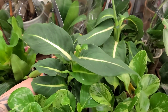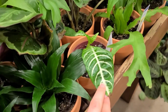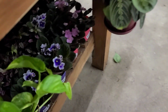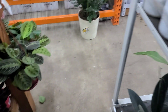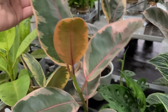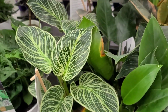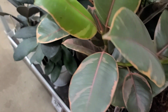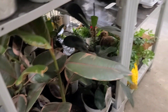This Dieffenbachia is really cute with just the contrasting white vein down the middle. Some remnants of a zebra plant over here, different ferns. All of the cute little African violets are hiding down here. And then we have the Proven Winners ficus, the Ficus shiveriana, the ruby. There's some more Adansonii, philodendron Birkins, and then some larger ficus down here, the ruby again, and the other one,